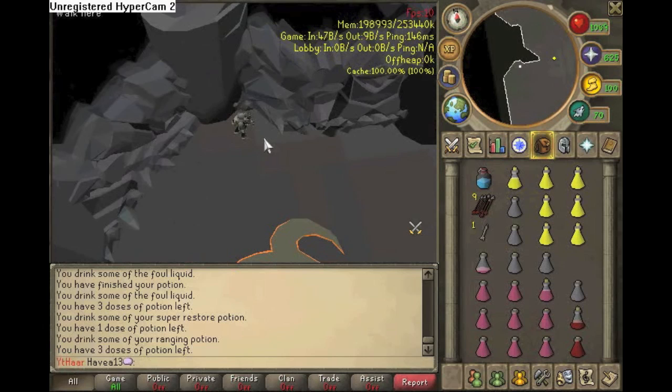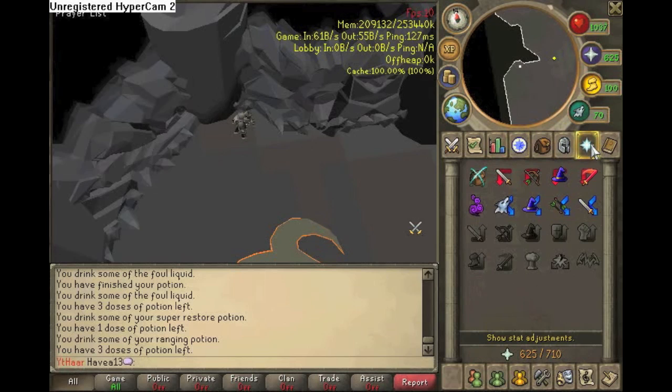So now that you have a perfect spawn, you can stay calm and just focus on prayer switching. If he stomps his feet on the ground, that is a ranged attack. If he doesn't, that's a mage attack. Obviously, do not get in its melee range because it can hit over 900 with its melee attack. So now, once you're ready, and I'll pot it up,